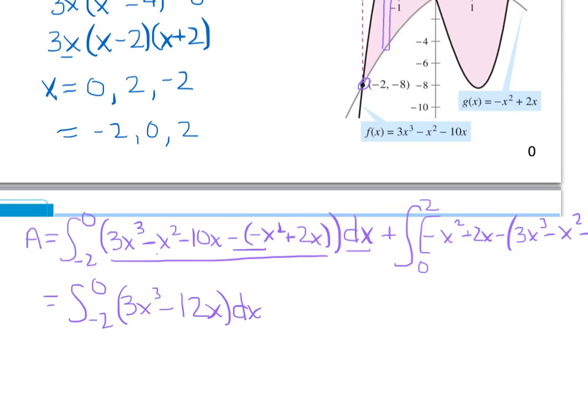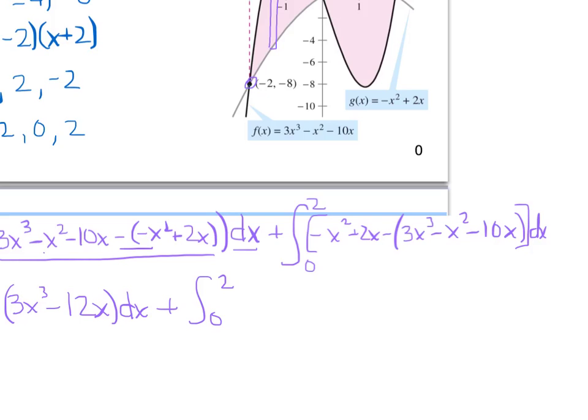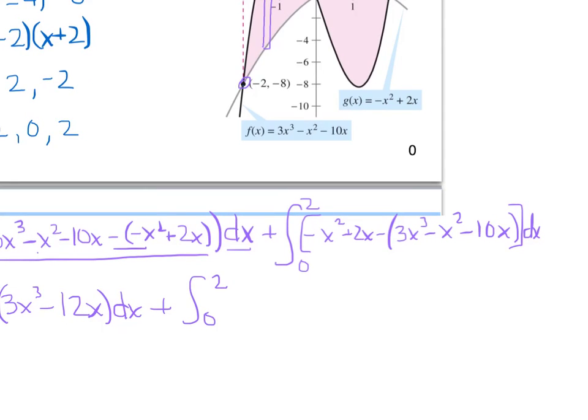And this is dx. Plus the integral from 0 to 2, and I'm going to go through the same process of simplifying, except now I'm going to have a -3x cubed. My x squared terms are going to cancel, and I have a negative 10x that's being subtracted, so that's going to become a positive, so this is going to become plus 12x